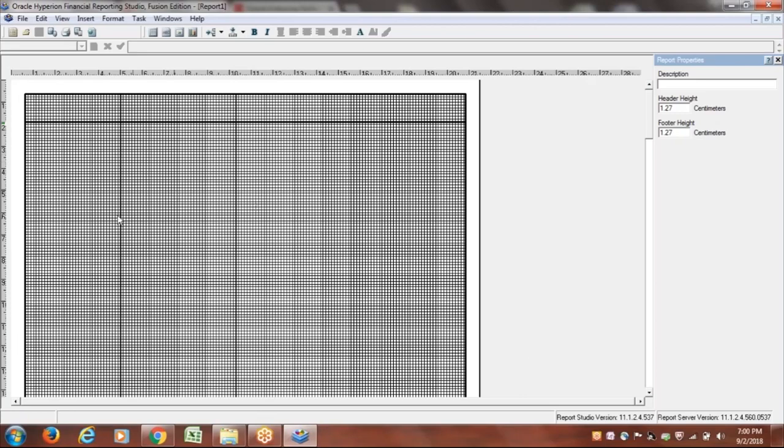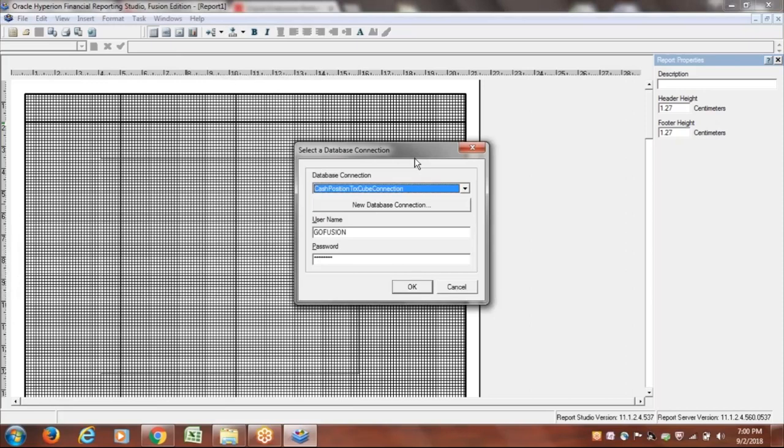Now we have to insert the grid into this. So just select this report definition. I mean, once you click on report, it will create this environment. Click on that, then go to insert and say grid. Click on grid, and the grid you have to place here. So drag